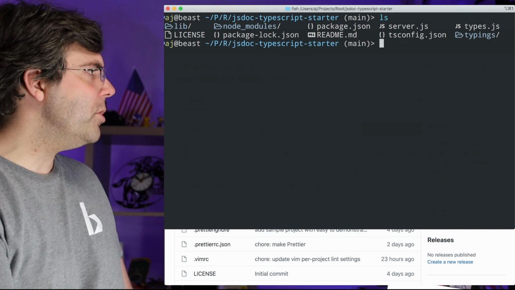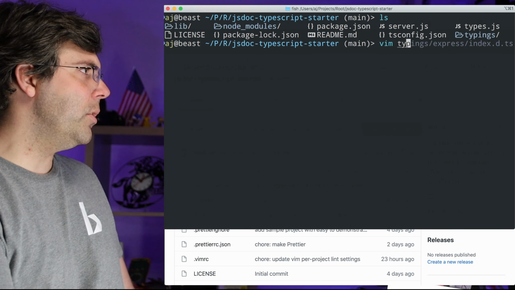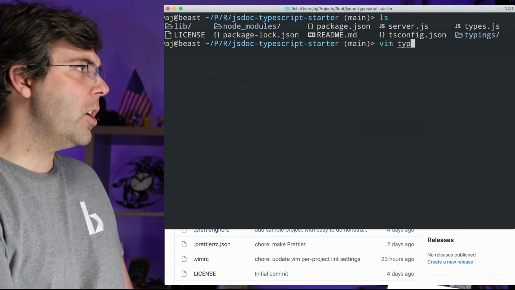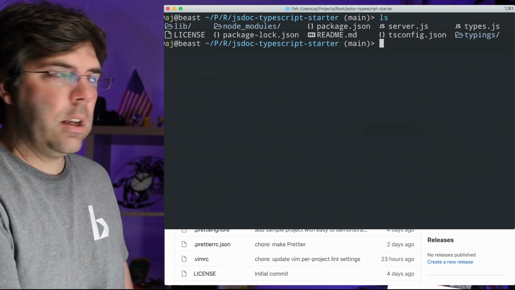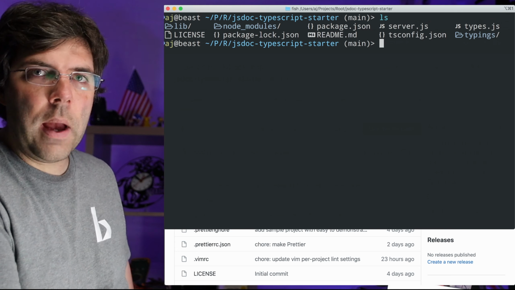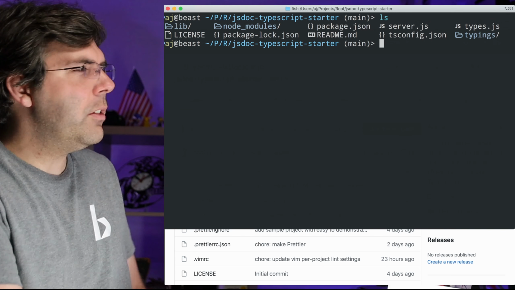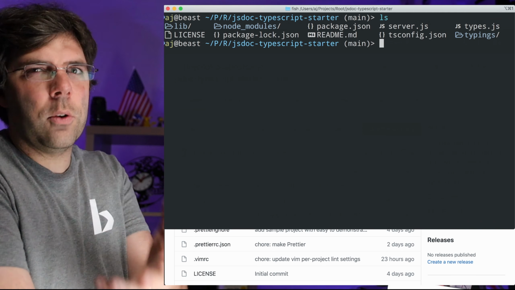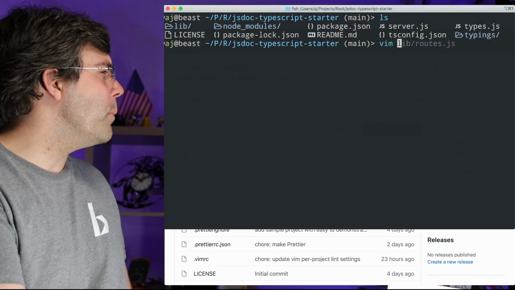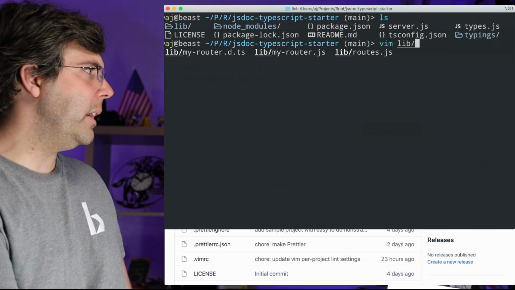You've got your normal project, and you just start adding JSDoc to it. And in a couple of places, you add TypeScript specific files, but you don't have to go too heavy into the TypeScript. You have to do a little Stack Overflow, whatever. One thing I will mention is that here